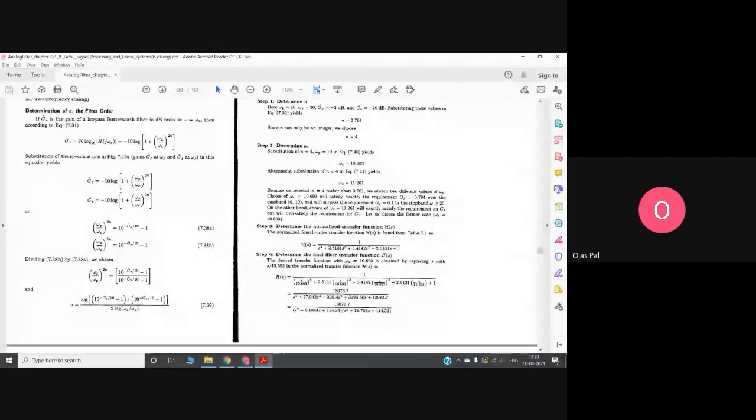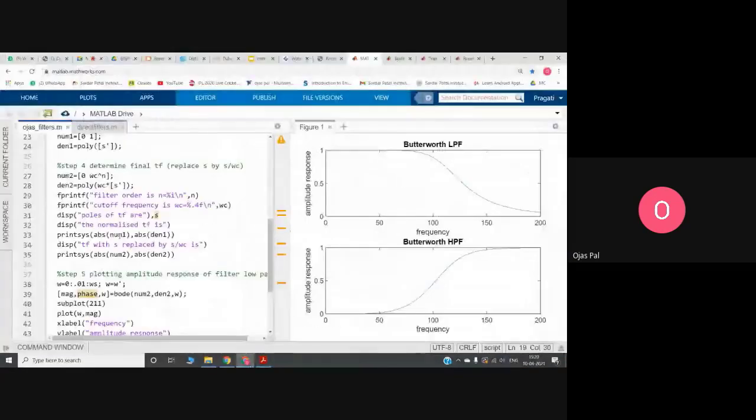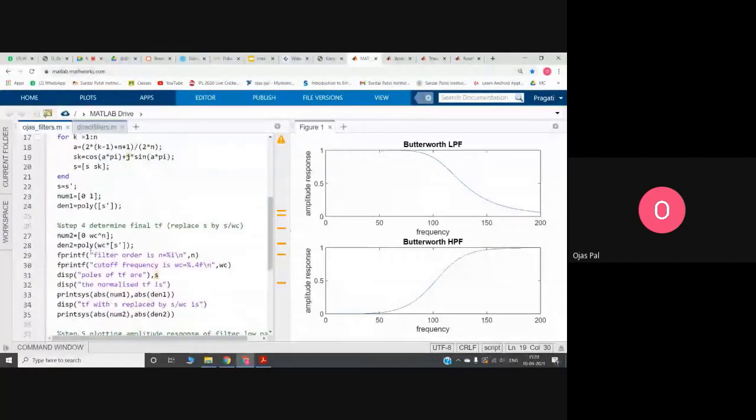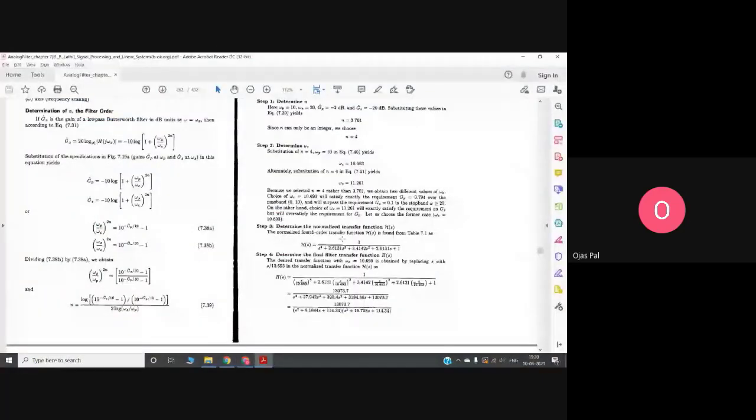As you can see, I have written omega c raised to n. This is because when you write 1 upon s by omega c, this omega c we will take to the numerator, and it will be omega c raised to n. N is the number of poles, the order which we have taken.